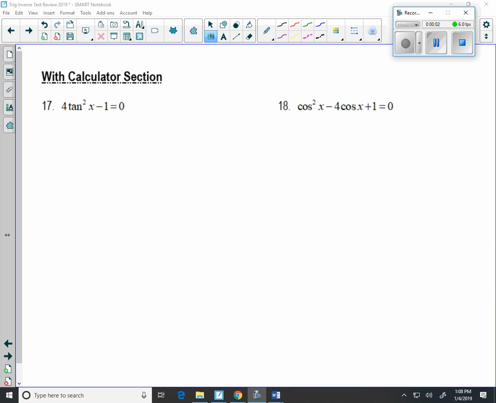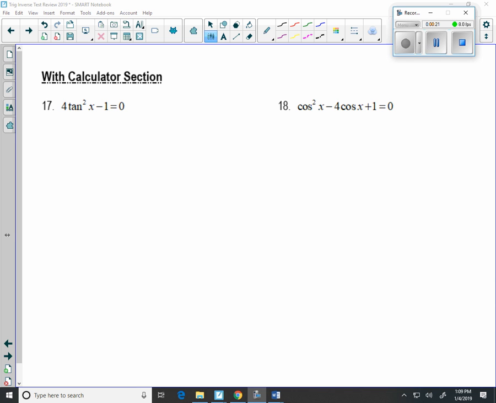Okay, this is the with calculator section. I'm going to be showing you these things on Desmos because I don't have an emulator for my smart board for the TI-84 or the Inspire. If you need more direction than I'm giving you, please let me know. Come and sit with me for a couple minutes during the review day so that I can help you with